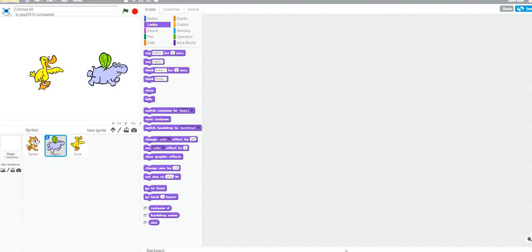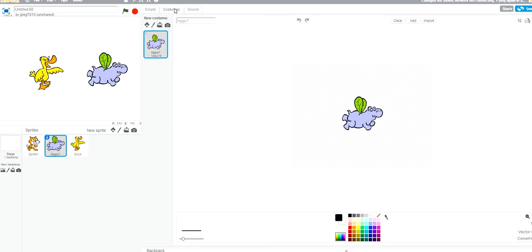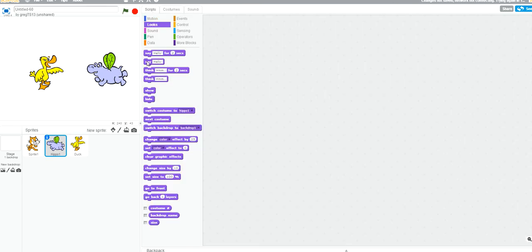So we'll flip to the hippo and we'll have him respond. Our first thing we want to do with the hippo is flip him because he's facing the wrong way. You don't talk to somebody with your back turned. So we go to costumes and we notice that here in the corner we can flip him. So see that? You can flip him upside down and we can flip him left and right. We go back to scripts and we have him have his response and say